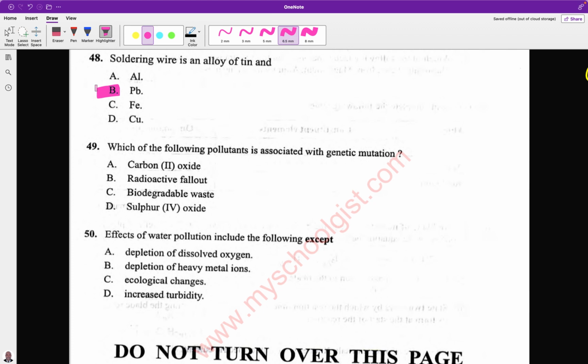So our answer for this particular question is B, radioactive fallout. 49 is B. And the last question, question number 50. Effects of water pollution include the following, except